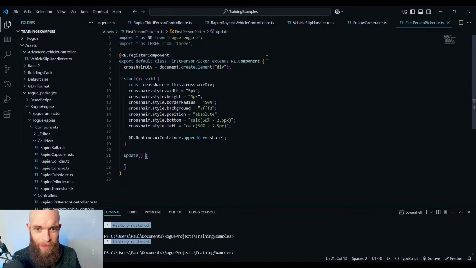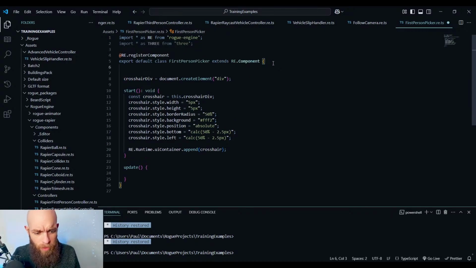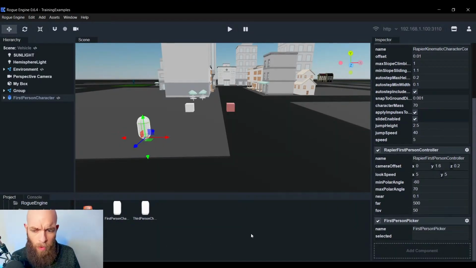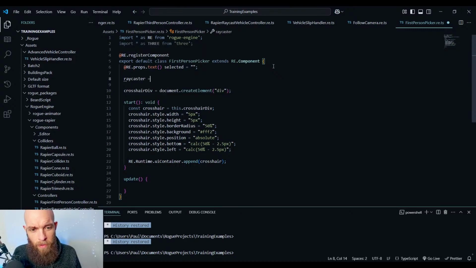So we're going to have to create something here. The first thing we're going to do is create a field, a props text, and we're going to call it selected, like that. So we come back here and you see we have a selected field here. All we want is to have the name logged here. That's all we want. So we're going to create a raycaster field, and we're going to initialize it directly here. So we're going to do new